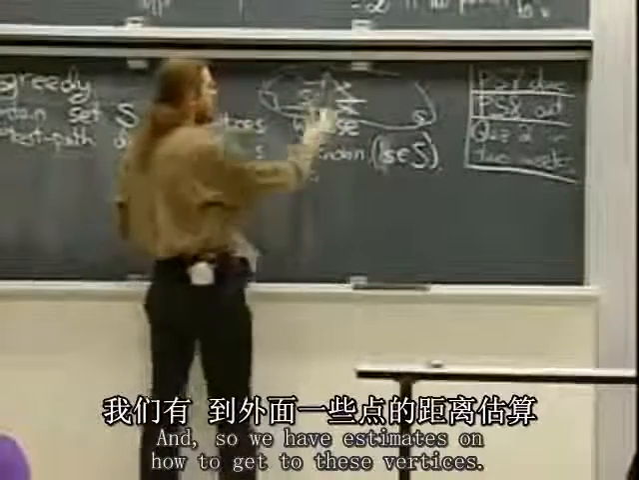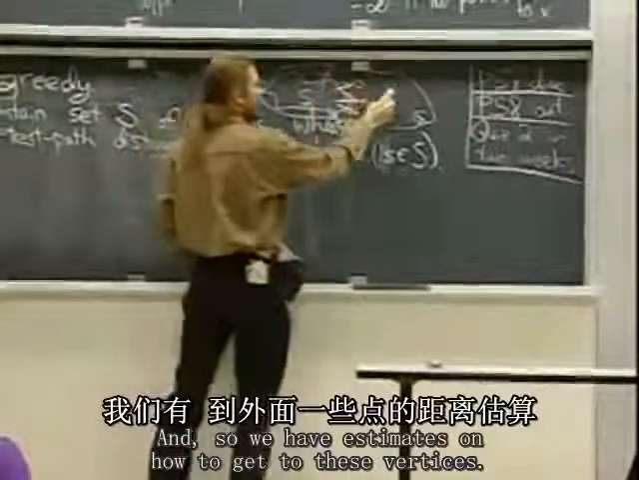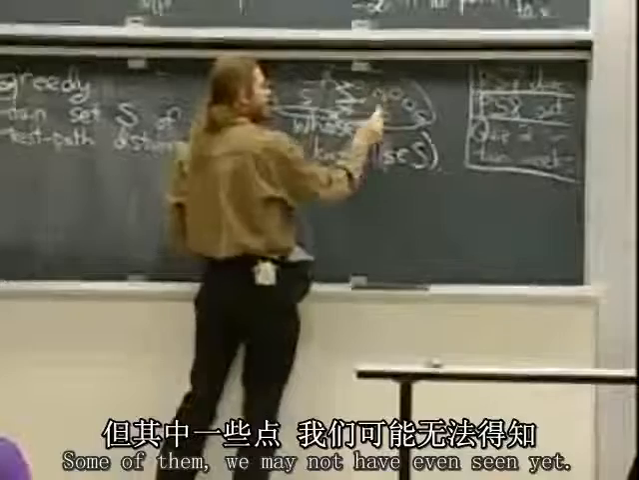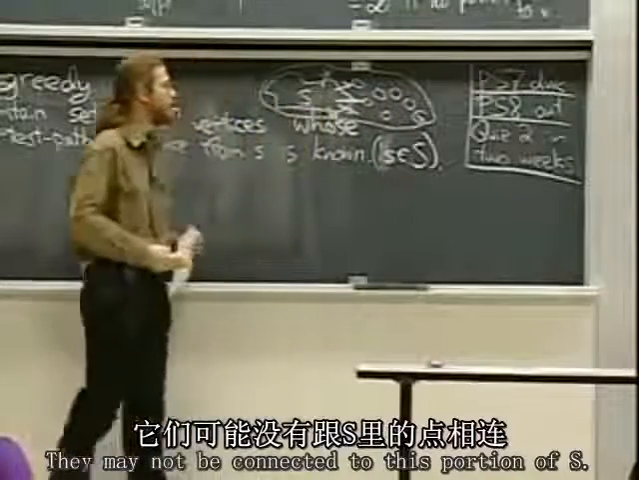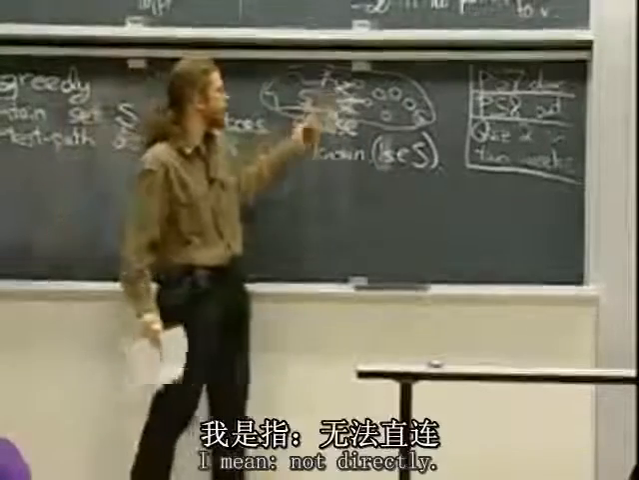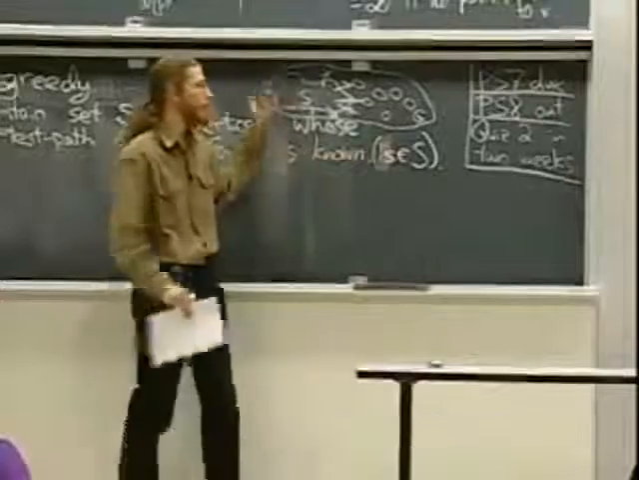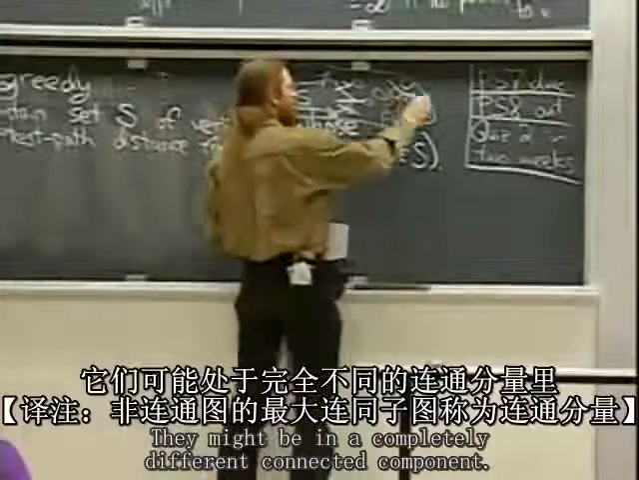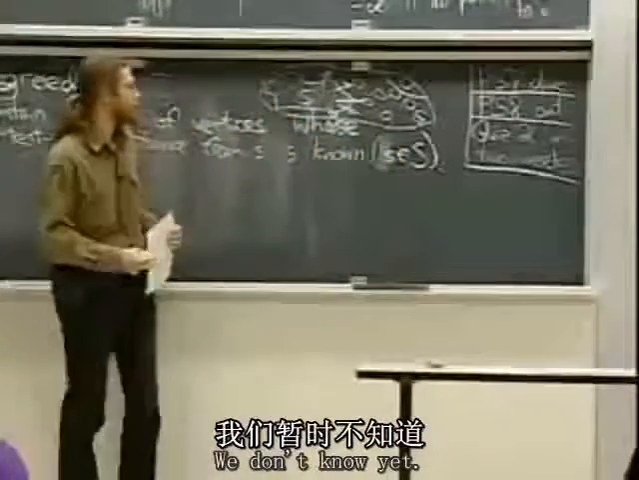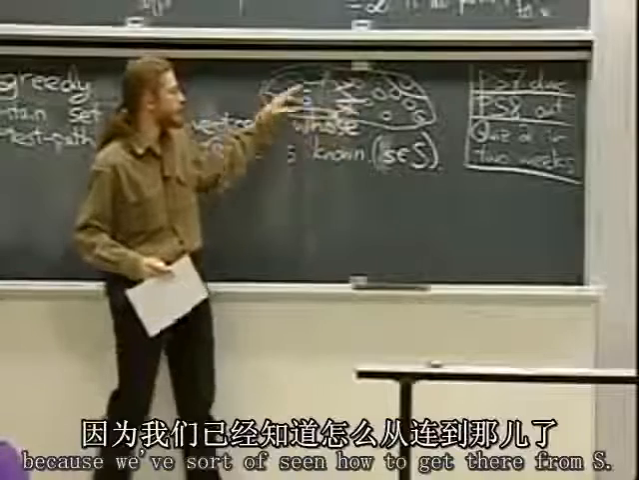And so we have estimates on how to get to these vertices. Some of them we may not have even seen yet. They may not be connected to this portion of S. I mean, not directly. They might be connected by some longer path. They might be in a completely different connected component. We don't know yet. Some of them we have estimates for because we've seen how to get there